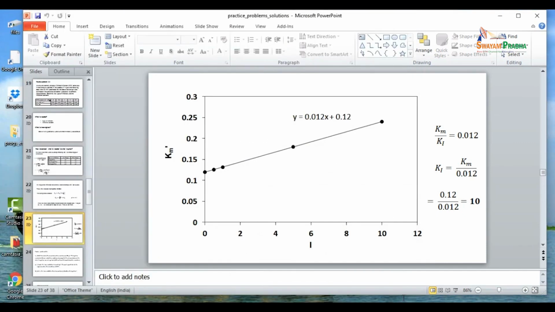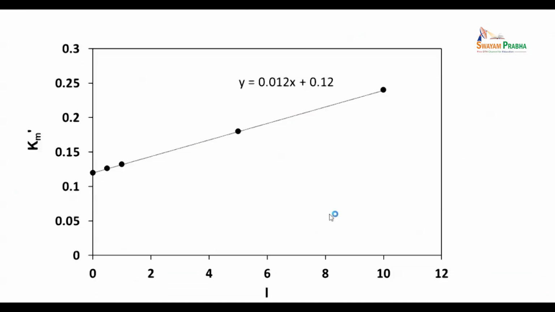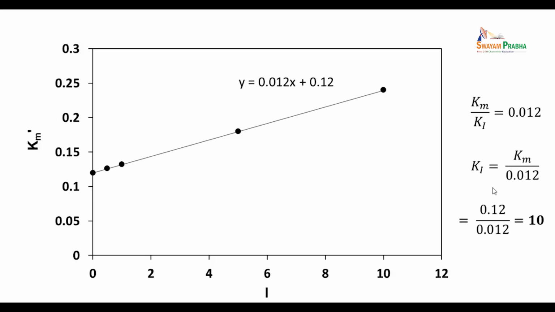That is what is shown here in this graph, the same graph copy pasted, Km dash versus I. So the slope Km by Ki is 0.012, and therefore Ki is nothing but Km by 0.012. We also know Km from the intercept to be 0.12, so 0.12 by 0.012 is 10. So the inhibition constant happens to be 10